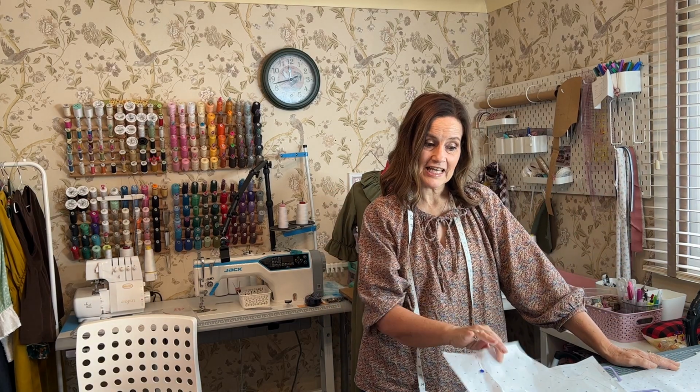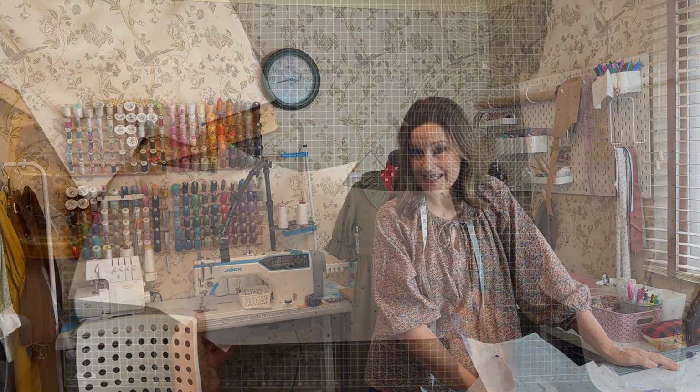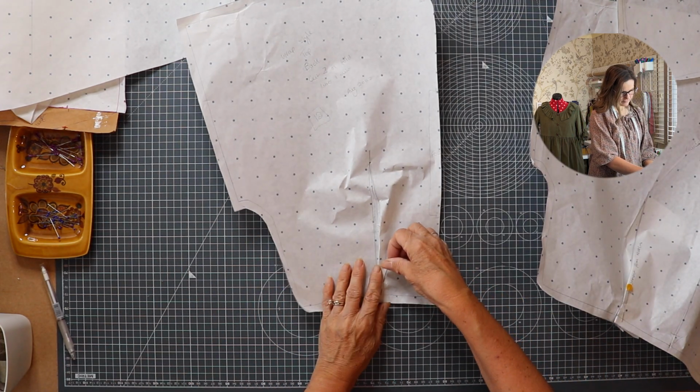So I'm going to take you to the overhead camera and show you what I've got sketched out so far. I don't even know if it's going to work. Take you along with me and yeah, just follow along with me today. So let me just move the Dixie out of the way. So I've kind of drafted